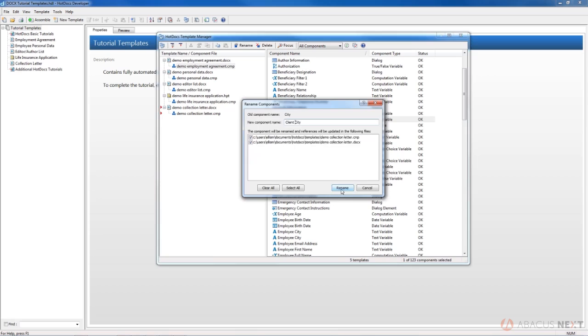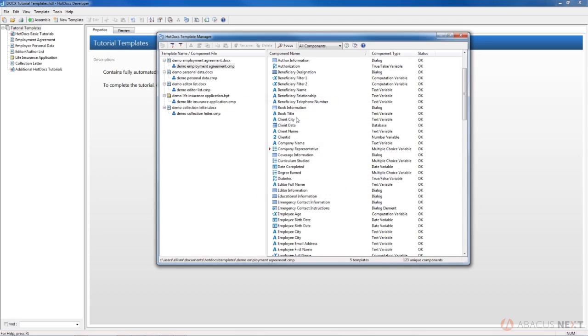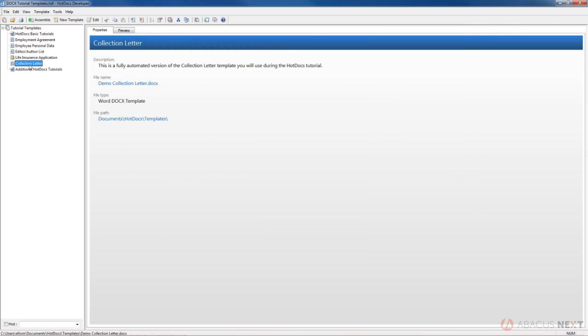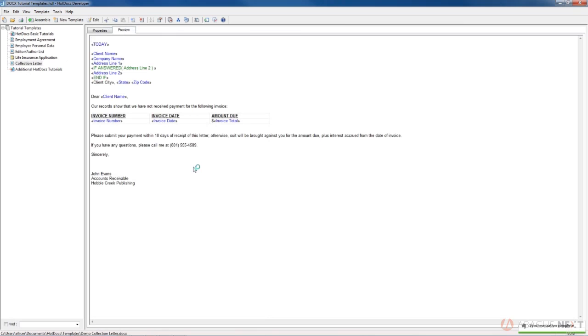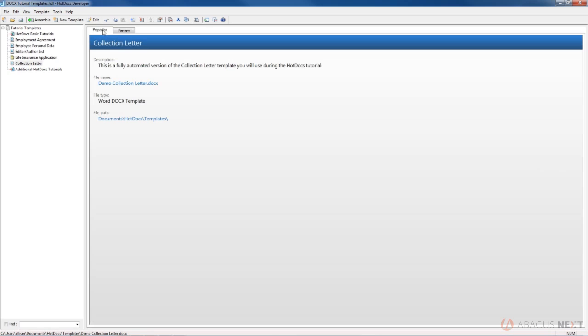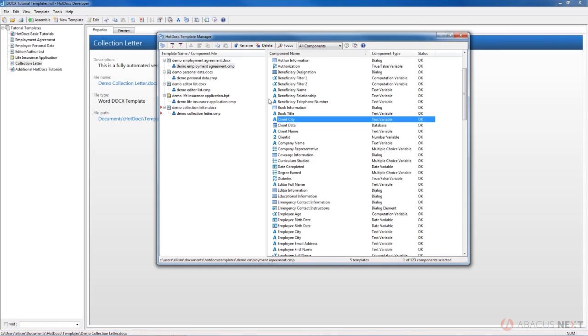So if we click rename here, then you see it's renamed client city there, and we can actually go over here to our library, the collection letter, and click preview, and then we can see that where it had city here, it's now renamed to client city. So then if we go back to our template manager,